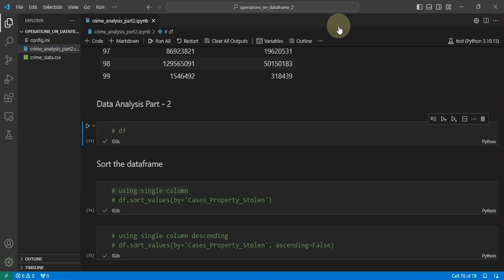This video is the second part of data analysis using Pandas. In this video, we will see how to sort the data frame. In the previous video, in part 1, we have covered a lot of basic operations on Pandas data frame. So if you have not watched the previous video, I recommend you go and watch that first, then come